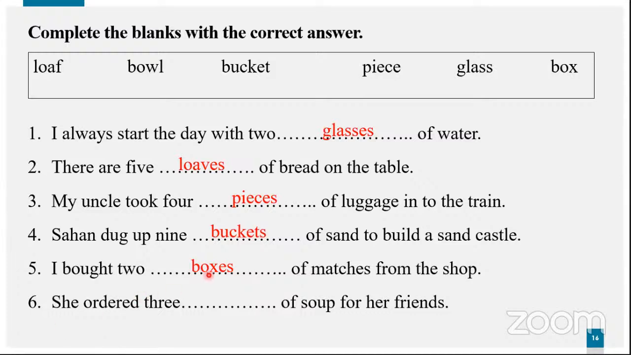We know that there's a rule when a noun ends with the letter X, we have to add ES to